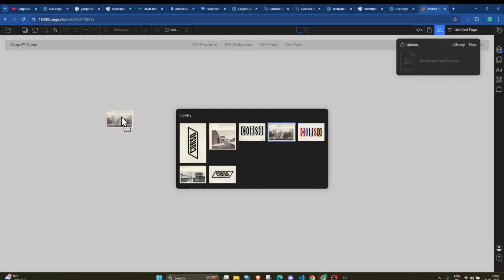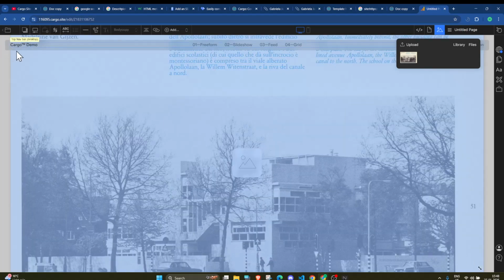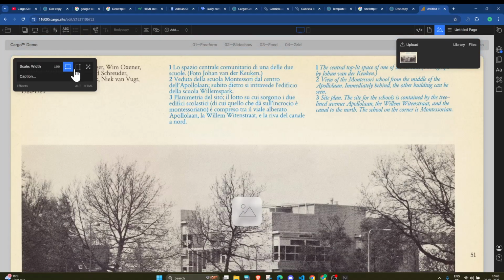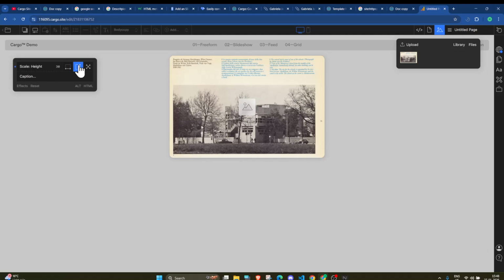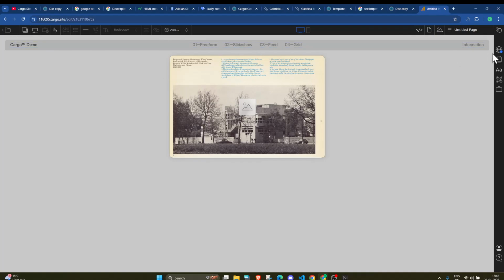Let me add an image. Here you can simply click on alt and add the image name, and now the alt tag has been added. You can do this for all the images present in your site.